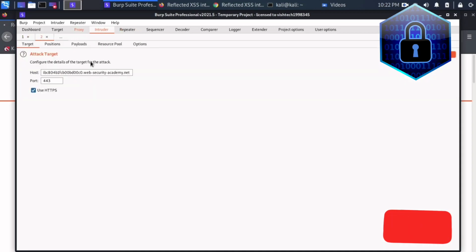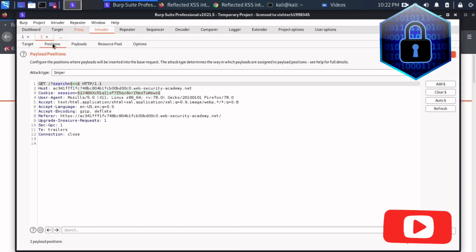After sending it to Intruder, you have to go to Positions. Positions will already have taken these two as one parameter and this one as another parameter to attack. So you just have to clear it, put your cursor here, and add another one, because it will close this.